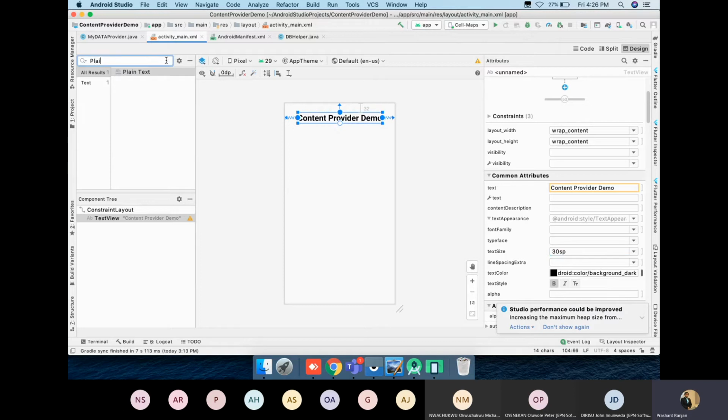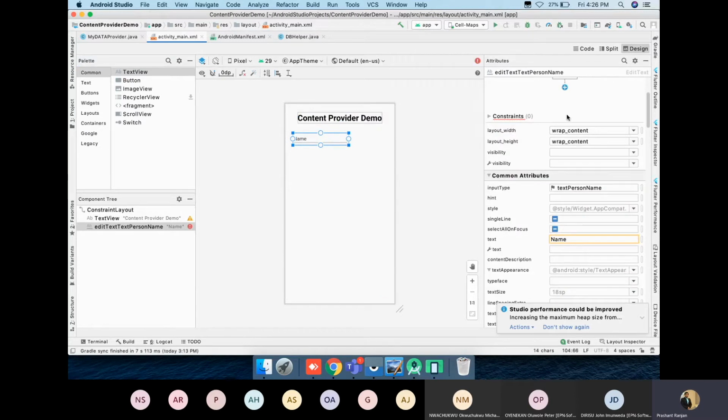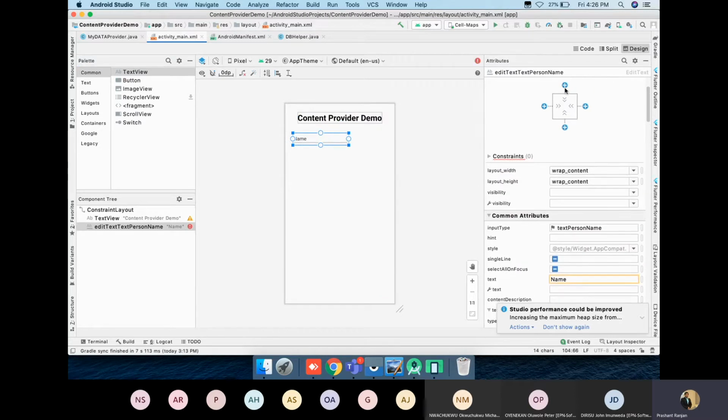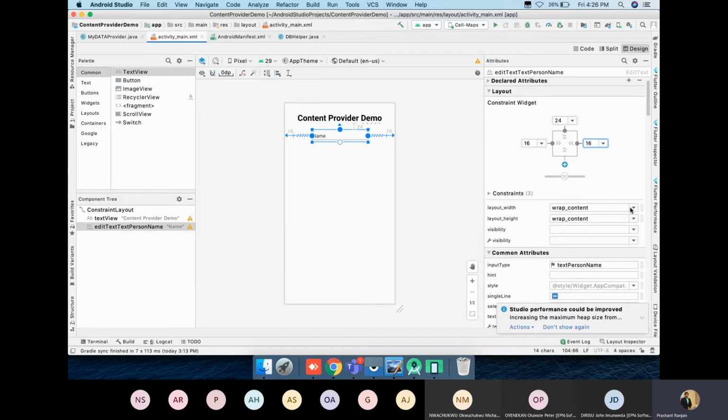Having a plain text, and have 2 buttons only.